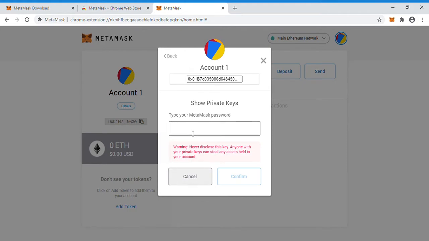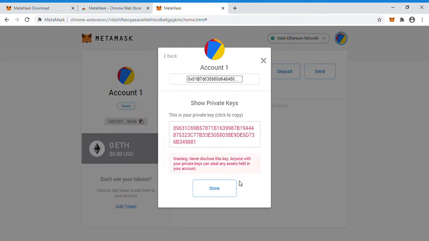There you need to type the password, the password that we gave during the MetaMask registration. Okay, I'm entering the password, then confirm it. Yeah, you can see this is the private key of your account, and this is the public key of your account.